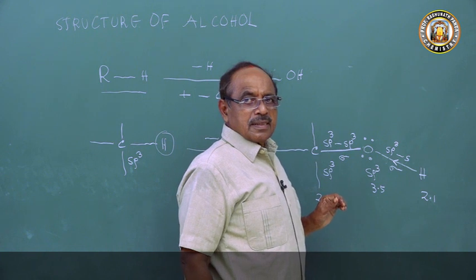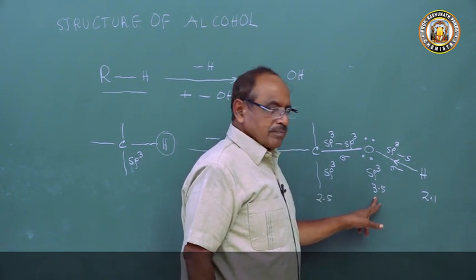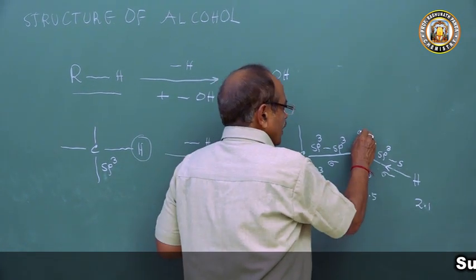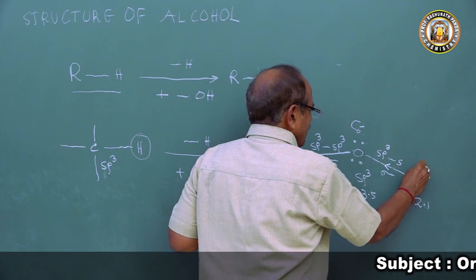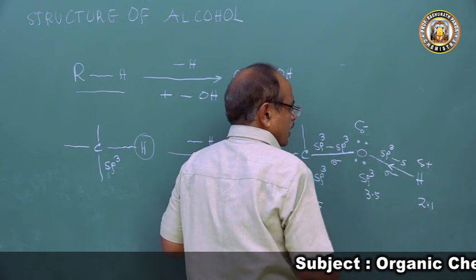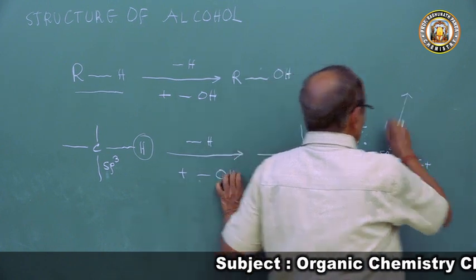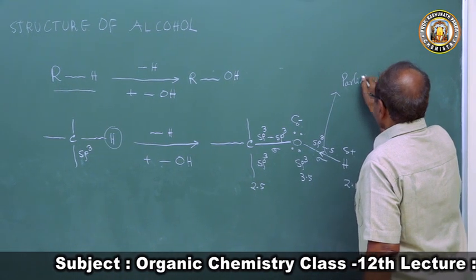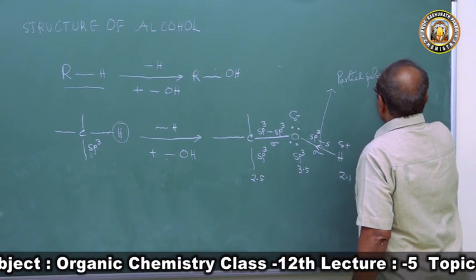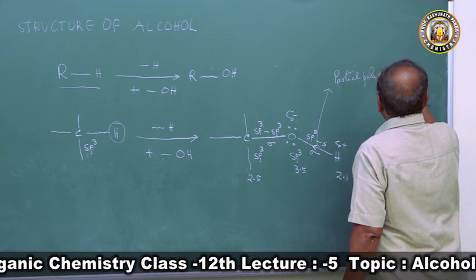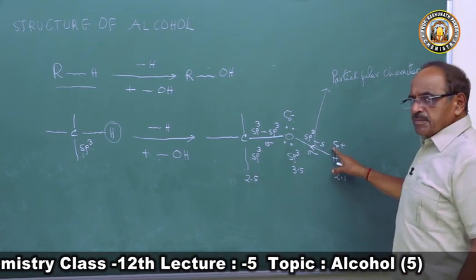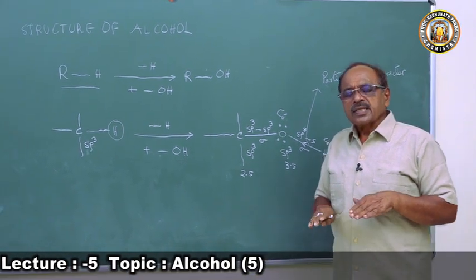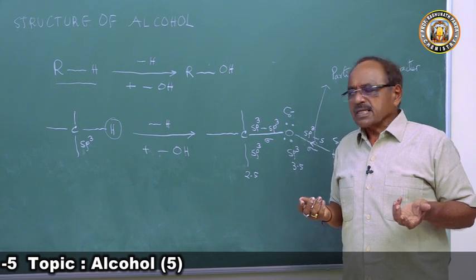Because it is 2.1 versus 3.5, oxygen is about 1.5 times more electronegative. Hence this oxygen atom will get a delta negative charge and the hydrogen atom will get a delta positive charge. So this OH bond of alcohol exhibits partial polar character. When it becomes partially polar, this bond always has a tendency to undergo cleavage, just like water.